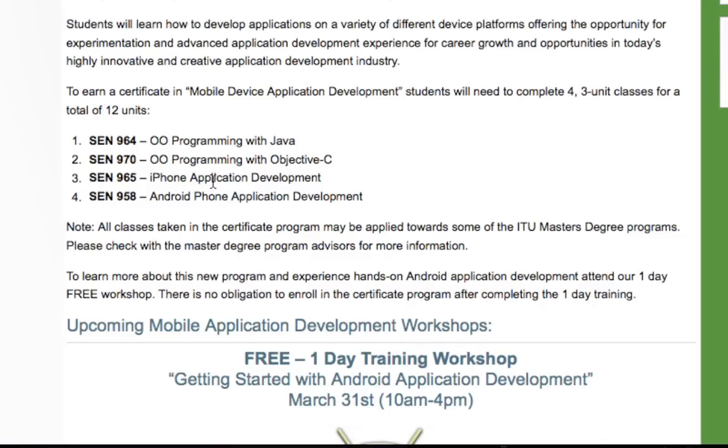So the audience really appeals to a big group and a lot of different subsections. There are a lot of college students working on bachelor's degrees who are interested in learning more programming related stuff. There are people with master's degrees or post-bachelor's people who are interested in getting a professional level certificate so that they can apply for jobs and have something to put on their resume. There are high school kids who are interested in doing something fun for the summer, and learning about Java and Objective-C and how to program on the iPhone and also on the Android phone.